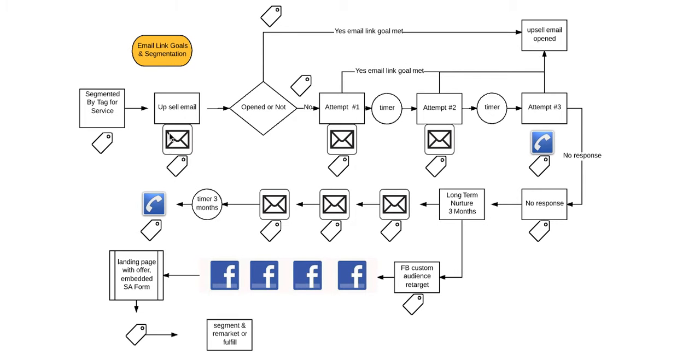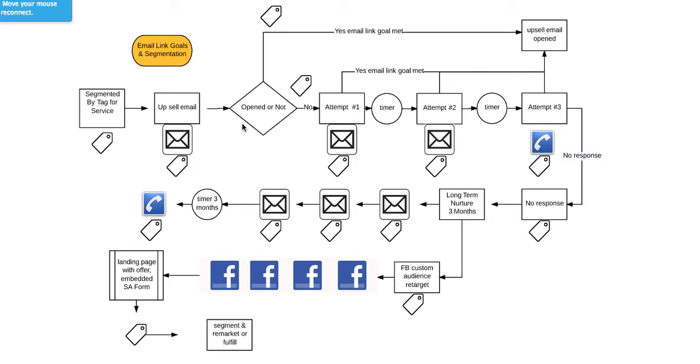As you can see by the image here, we're sending an email and we're also applying a tag that lets us know that they are the recipient of this email. These tags are very important so we can segment and search where each client is in this life cycle of the upsell. And an email link goal, which I'm going to show you what it is and how to set up at the end of the video,